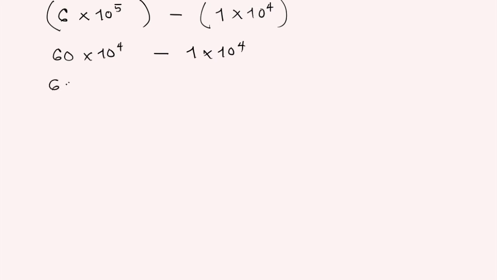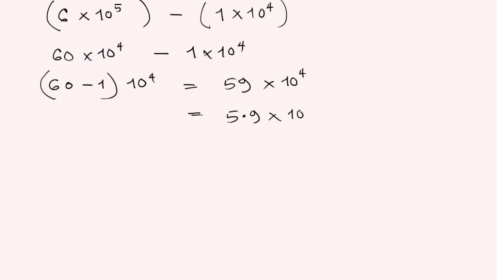So we do the same thing, factorize out the common factor, which is 10 raised to the power 4, and this is going to be equal to 59 times 10 raised to the power 4. So this is going to be in standard form 5.9 times 10 raised to the power 5. And I hope that by now I don't have to go through the whole explanation anymore. I hope so. Now we're going to solve one final one, which is